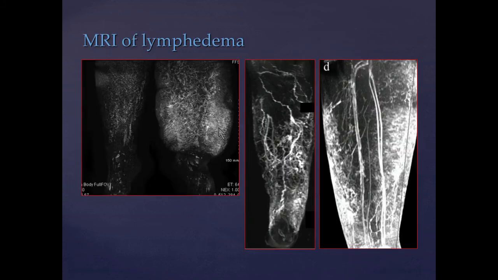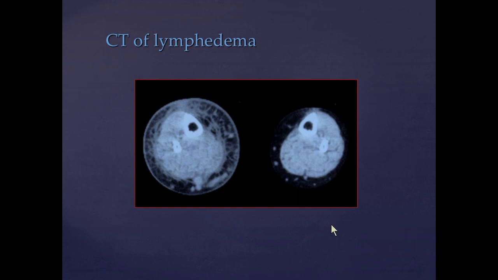We don't usually do MR for this condition, but here's a couple of examples that I borrowed from the internet, and you can see they really bear a striking resemblance to the lymphangiogram. These are all high resolution, very heavily T2 weighted. You may see other things as well, normal structures here, but all of these are in the very superficial soft tissues. And not infrequently, we'll be imaging patients with lymphedema. Typically, they're cancer patients. We're kind of doing a lymph node survey to follow up. But you'll see very characteristic